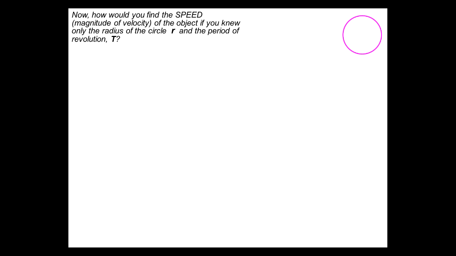In this video, we will finish up our discussion of circular motion and summarize the equations that are pertinent. Continuing from the last video, we were looking at rotating vectors, moving around the circle, for both position and velocity vectors. And now I want to find the speed. How fast is the object moving? You only know the radius of the circle and the period of